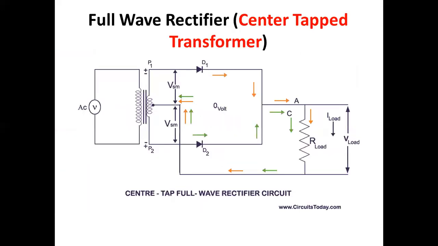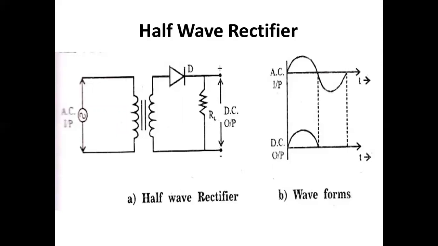Here, that is nothing but the load value. It is nothing but the load resistance. If you observe the output waveforms, here an AC input has been given with a sinusoidal supply. What about the output waveform? If you observe the output waveform, this is nothing but the sinusoidal waveform.